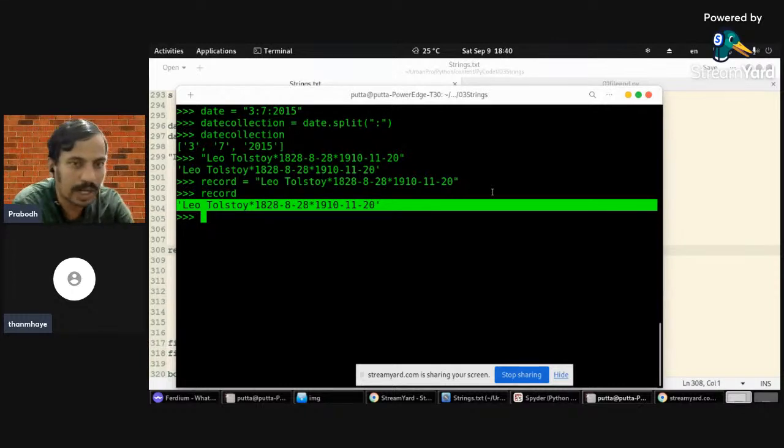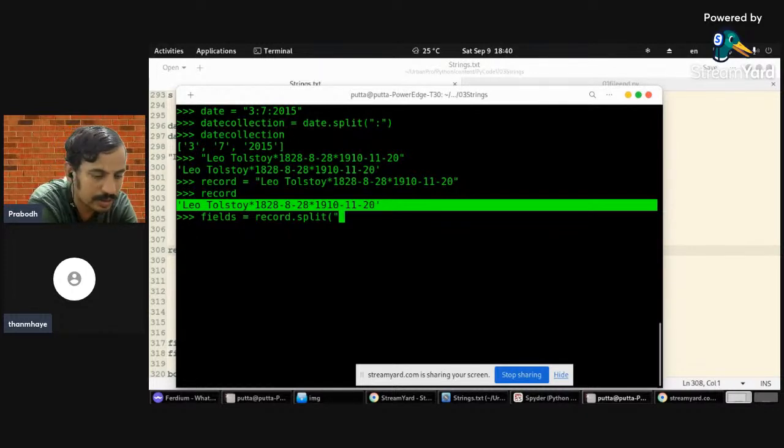So I have to do something like fields is equal to, I want to get three fields, so I store it into a variable called fields. Fields is equal to record dot, which method should we call to split? Record dot split. What should be the split character? Star. So if I look into fields now,